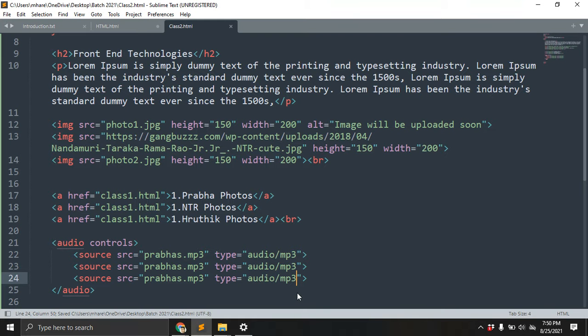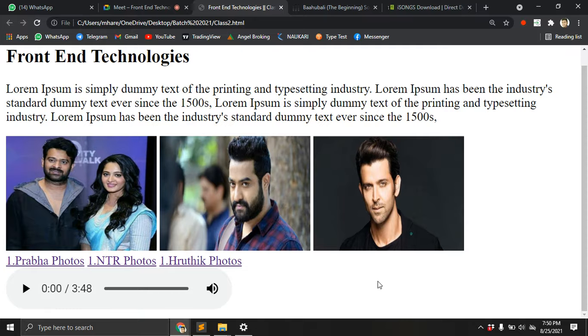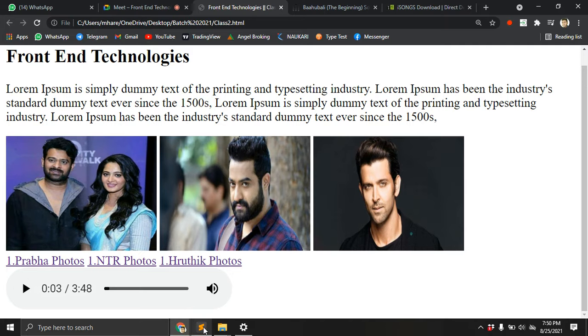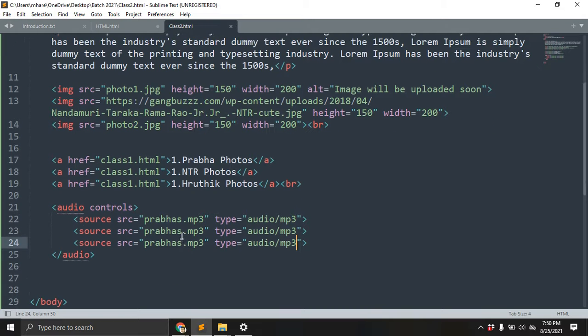Let's save the browser. Yeah, it will be there. Okay, that's good. It will open the song.